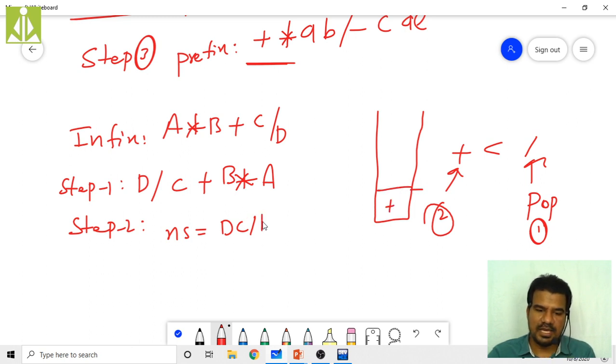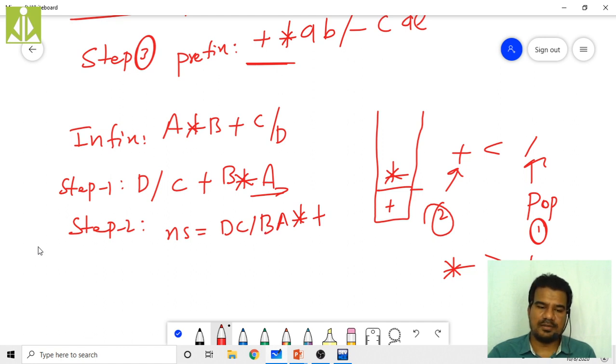Then we have B, add it to the output. Then we have multiplication, and we already have plus inside the stack. It is greater, so when it is greater, simply push it to the stack. So star, that is multiplication, will be pushed. Then we have A, add it to the output string. My scanning is over. I have multiplication and addition inside my stack. I have to pop them. Can I pop plus directly? No, I can't. I can only pop the top of the stack. So multiplication will be popped first, so star will come first, then plus will come. So my conversion of the reversed string into postfix is over.